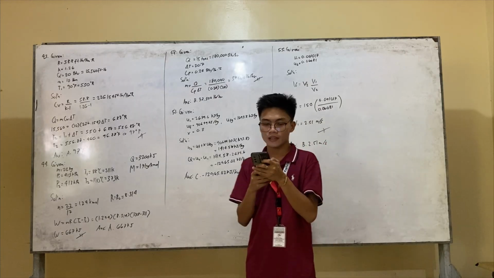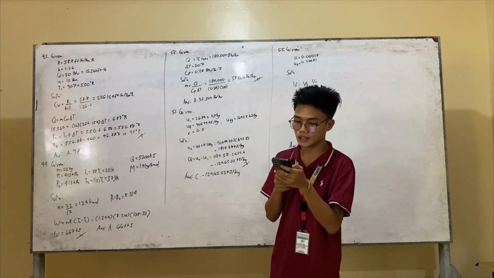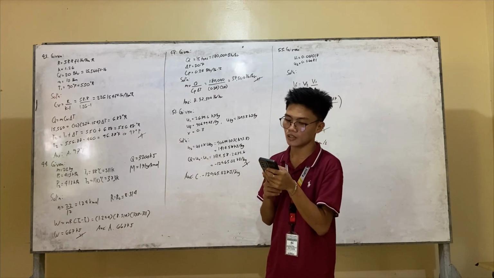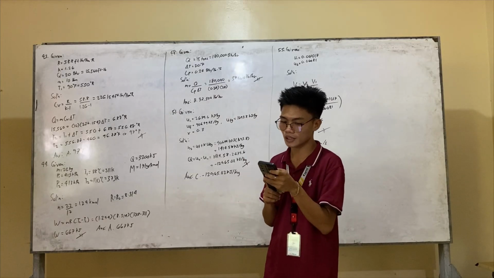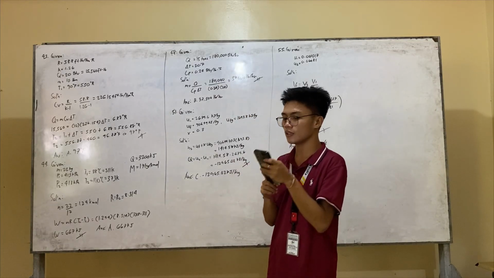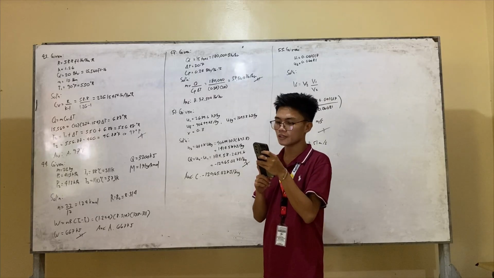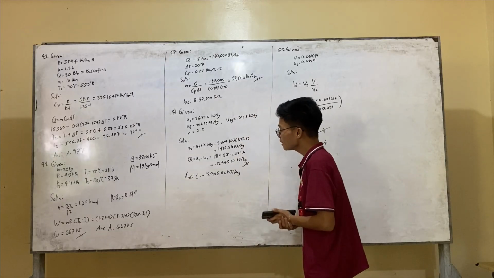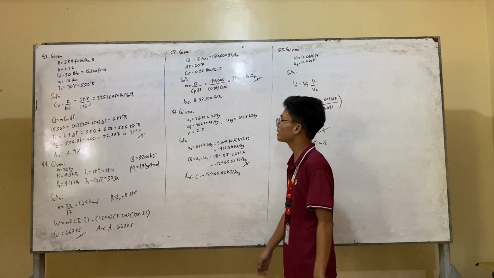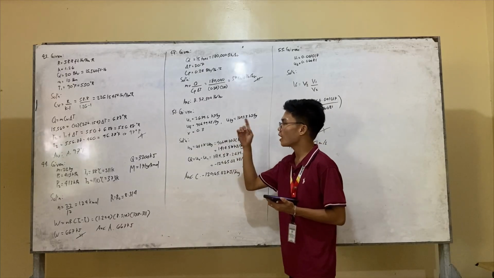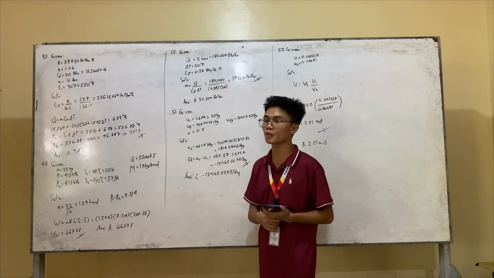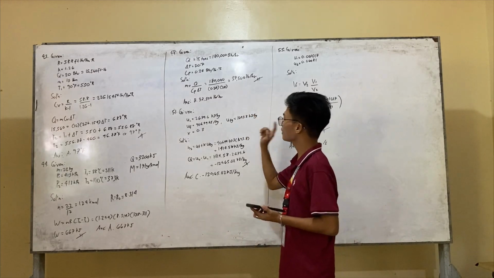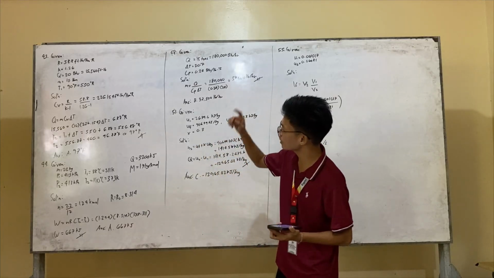So the choices are A, negative 423.23 kilojoules per kilogram, B, negative 986.86 kilojoules per kilogram, letter C, negative 1,265.02 kilojoules per kilogram, and letter D, 1,082.34 kilojoules per kilogram. So the given are u sub 1 is equal to 2,679.6 kilojoules per kilogram, our u sub f is equal to 906.49 kilojoules per kilogram, our u sub fg is 1,693.8 kilojoules per kilogram, and our x is 0.3.